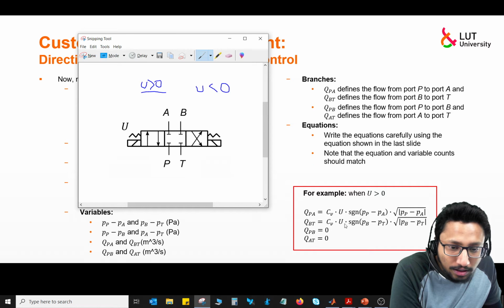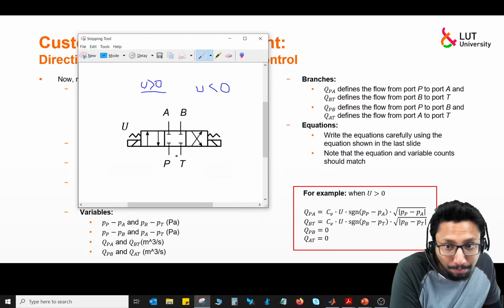Yes. And when U is less than 0, then the flow between P and A will be 0, B and T will be 0 because they are not connected, but P and B are connected and A and T are connected here in this one.